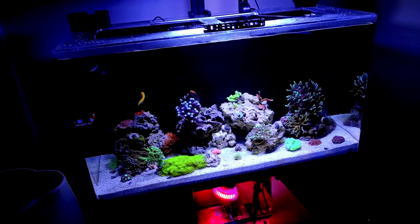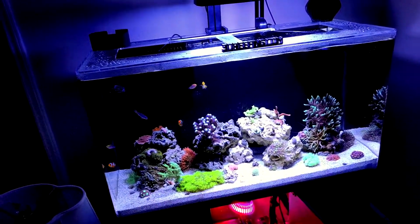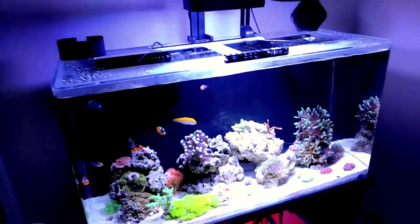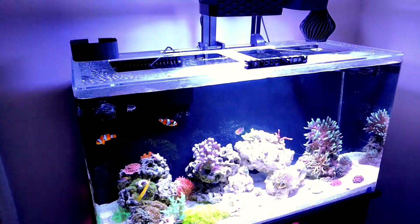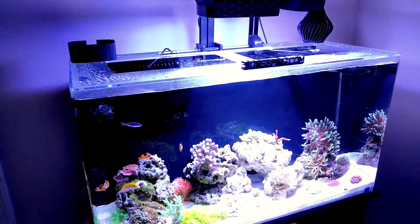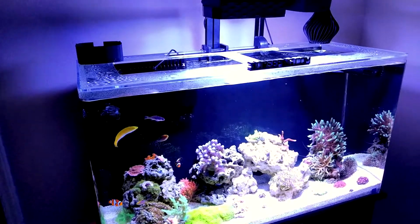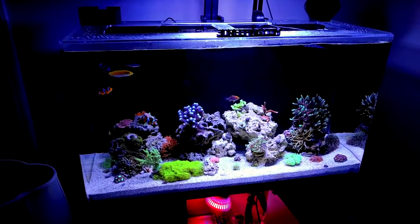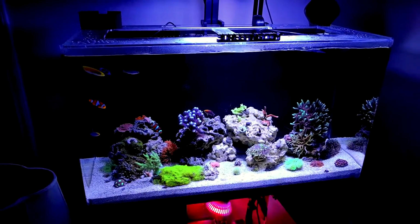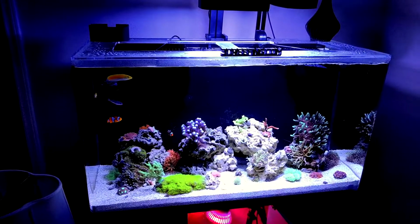Hey everybody, quick update on the tank. Everything's doing great still, awesome. Got rid of the cobalt sea ray, had that on here for about a month and a half. But if you've seen the other videos I've been making about the diffuser that I started printing, and I started a website, 3dreefing.com, where I sell the diffusers, I decided to go ahead and put the hydras back on here,